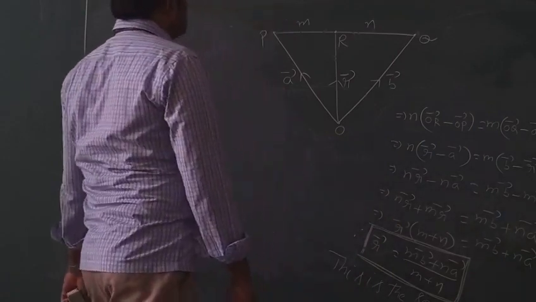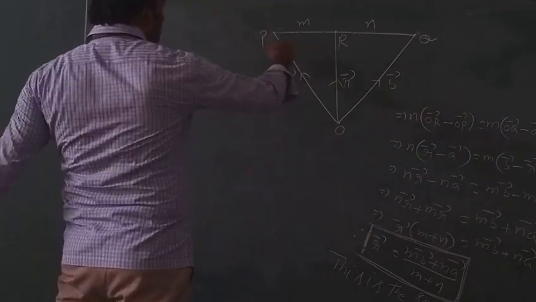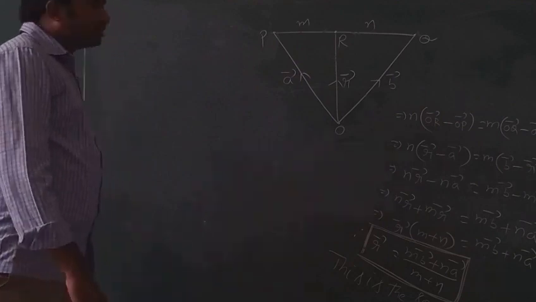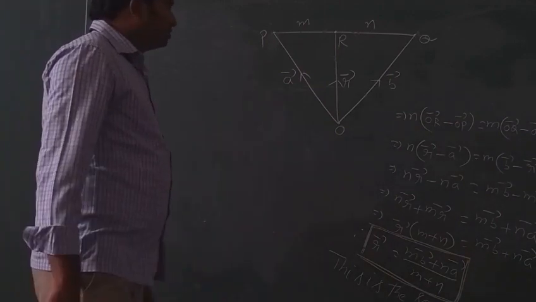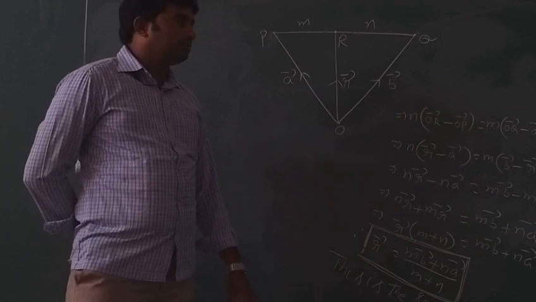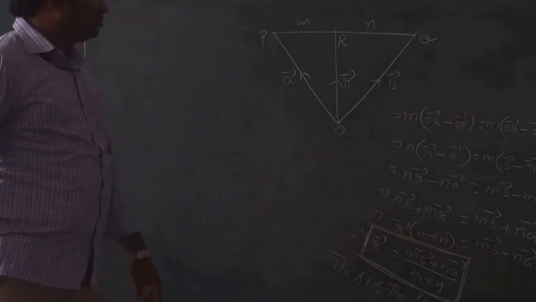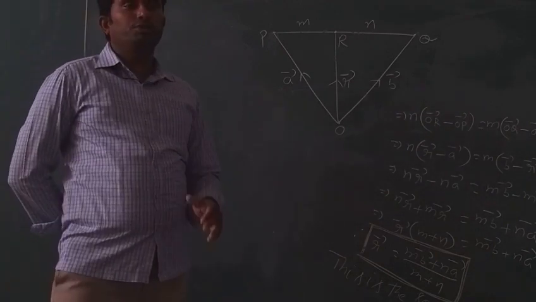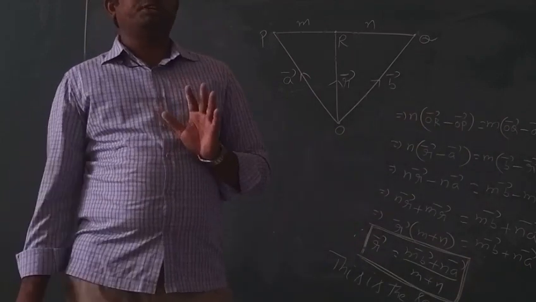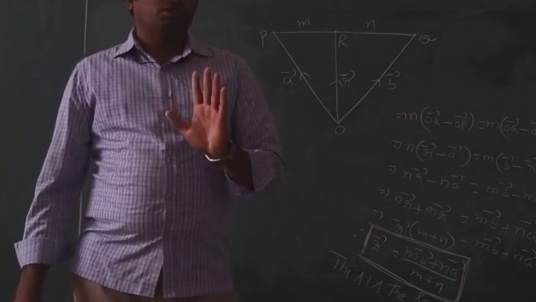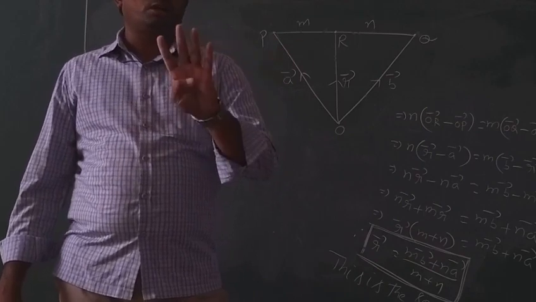This is internal division. If the point R divides the same line segment externally, that we will see next class, that one and the midpoint formula. Then immediately we can start the exercise. So you should be very thorough in all the concepts which we have already completed, along with the first exercise. Only then can you digest all the remaining four exercises, please.